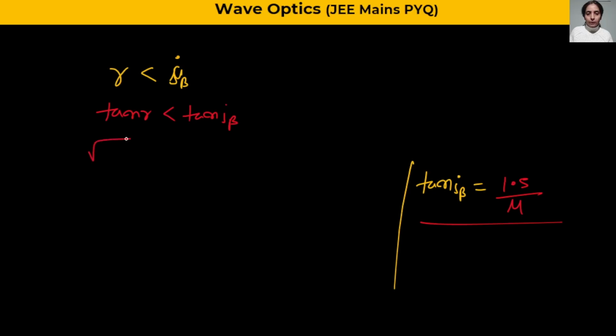So tan r is equal to root under mu square minus 1, and this is less than 1.5/μ का वैल्यू, okay. Let us do the squaring on both sides, so mu square minus 1 is less than equal to 2.25/μ square, okay. सो यहाँ से, ओके, दिस इज tan r एंड दिस इज tan iB,